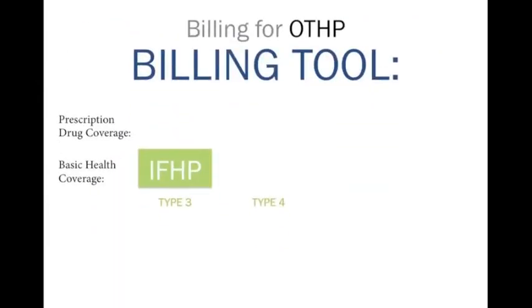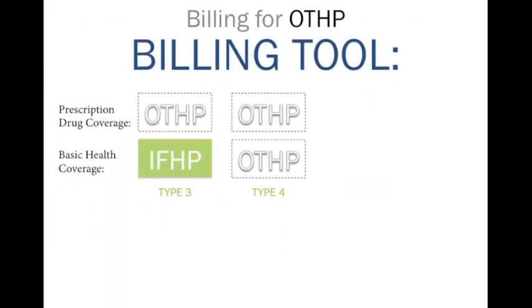OTHP provides basic and drug coverage for those who fall under two specific IFHP coverage types, Type 3 IFHP clients who require prescription medications, and all Type 4 IFHP clients. For these clients, you must collect several documents, including a copy of the client's IFHP certificate or Refugee Protection Claimant